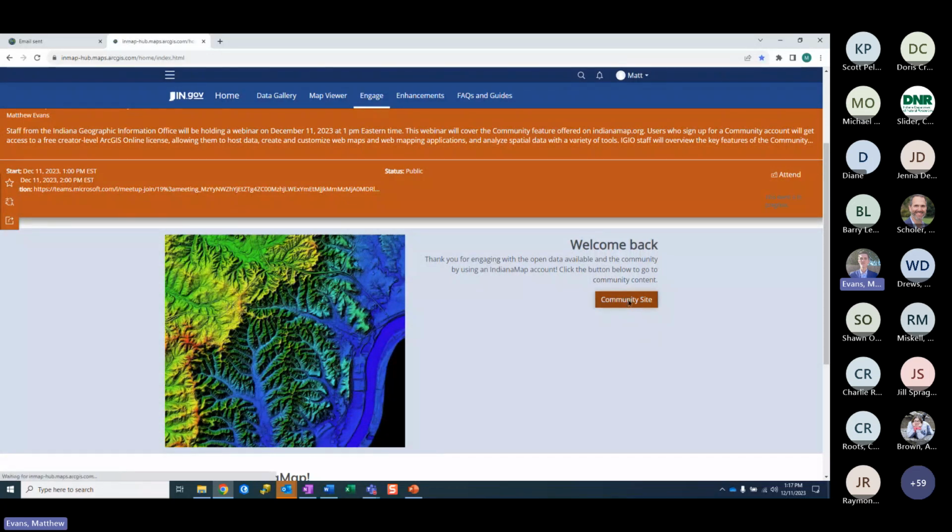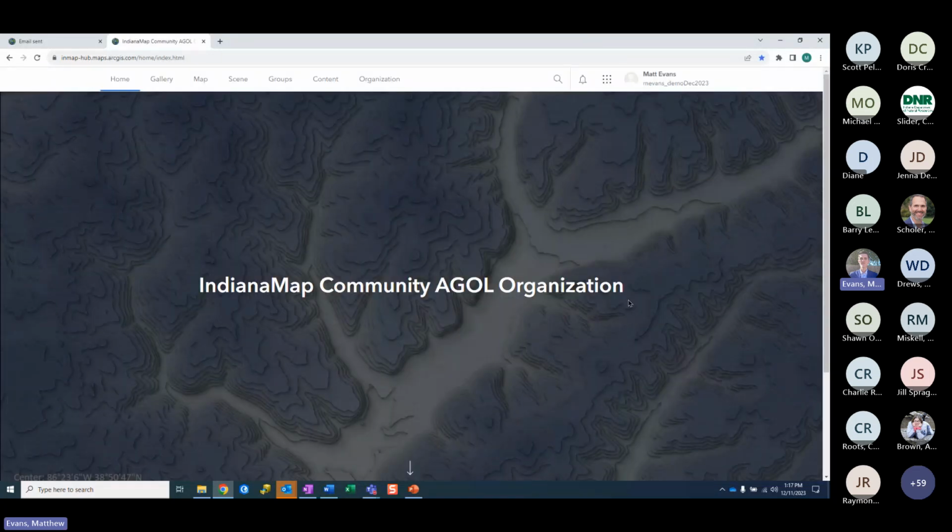And if we click on this, it will navigate us away to this ArcGIS Online organization's landing page, which is where we can start to consume and interact with IndianaMap data, create our custom web maps, and do all of that great stuff. So when a user, as of about September of this year, signs up for